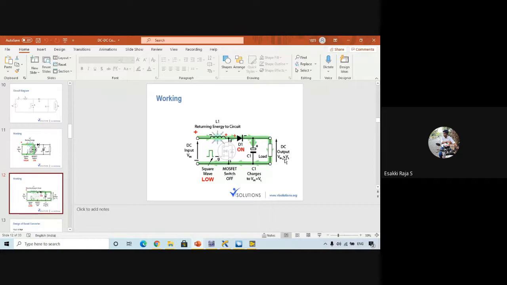And here the very key point is, if I keep my MOSFET on for a very long time, if I keep my MOSFET on